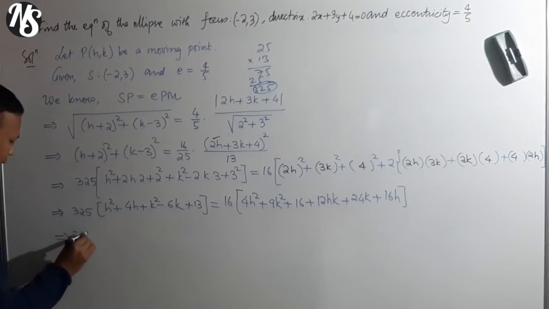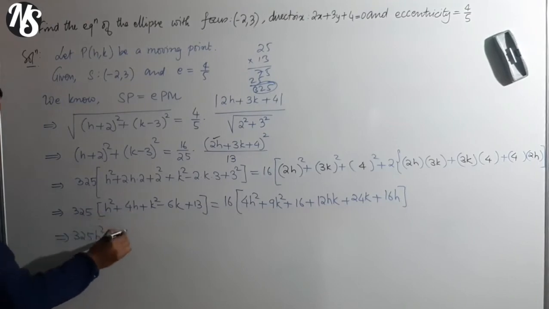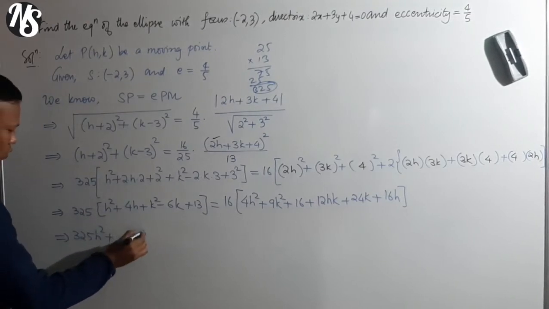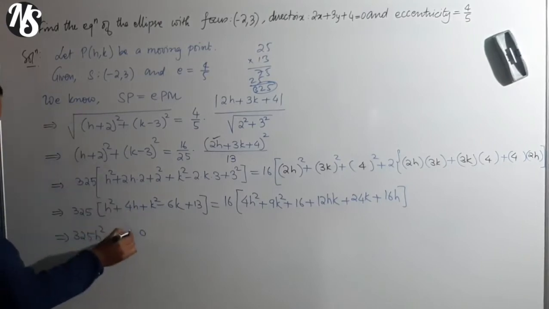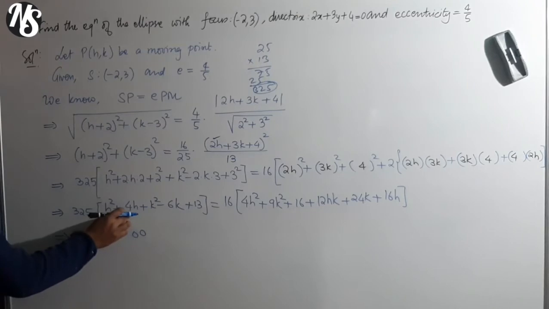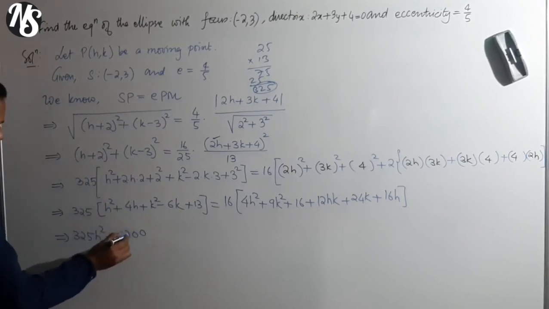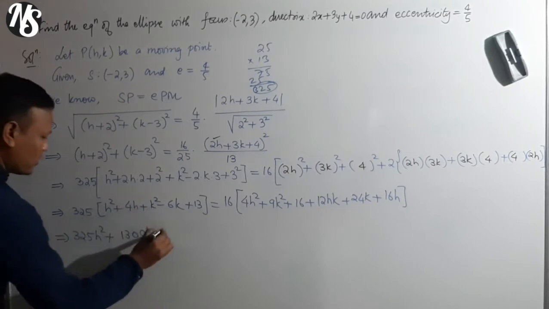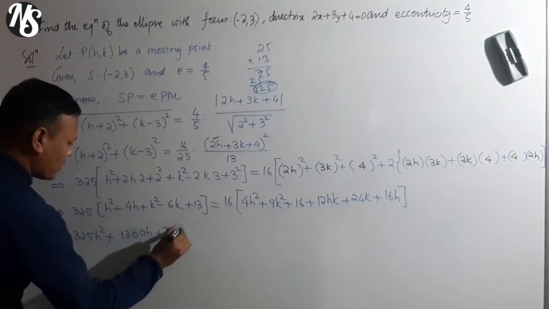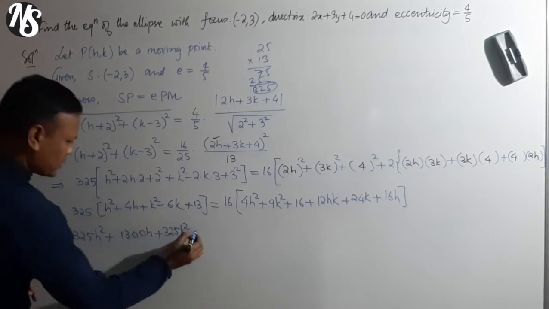325 h square plus, let's multiply this, 4 5 is 20 carried over 2. Let me write it here. So 4 5 is 20 carried over 2, 4 2 is 8, 8 plus 2 is 10 carried over 1, 4 3 is 12 plus 1 is 13, so 1300 h, plus 325 into k square is 325 k square, minus